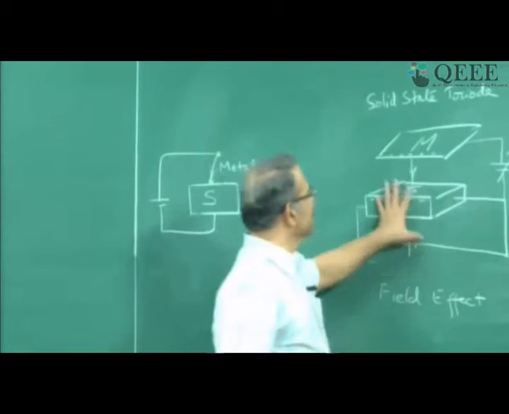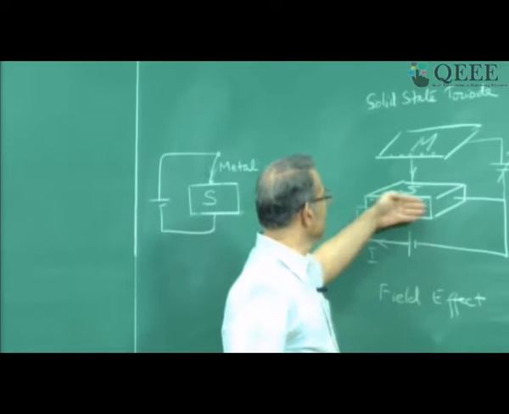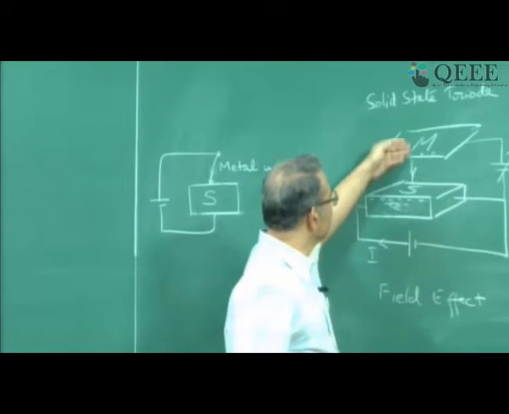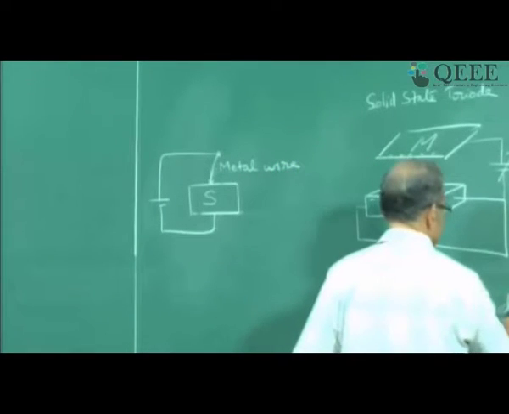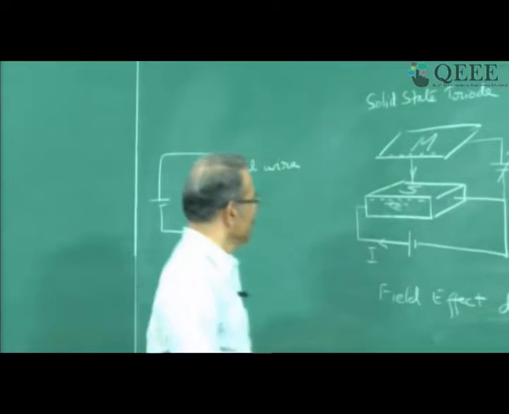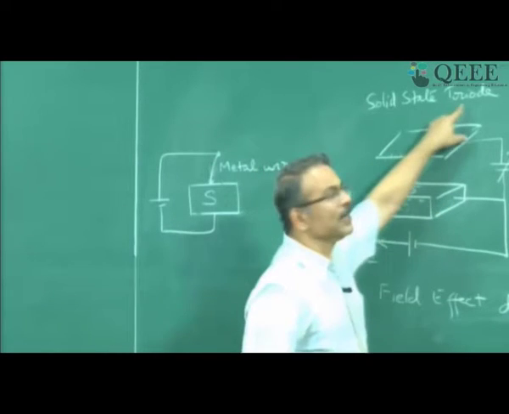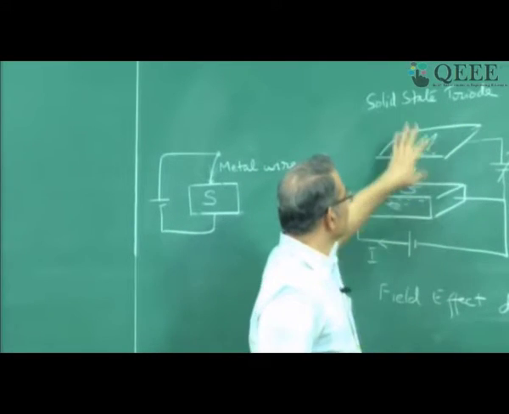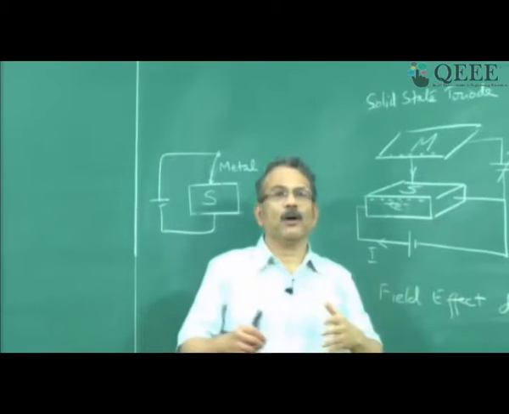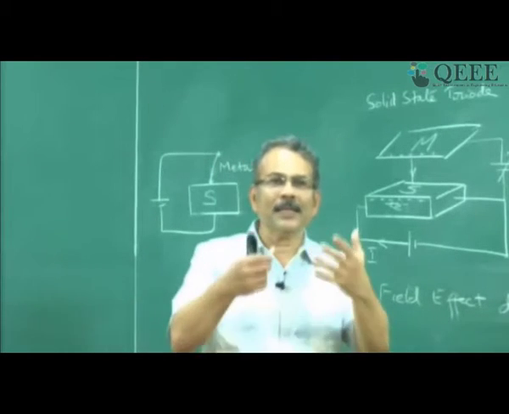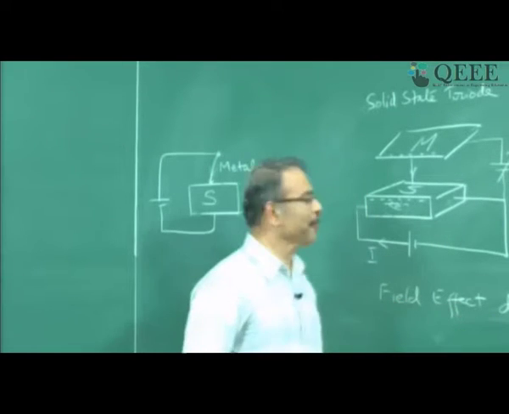But because of the way it functions, they said it is a field effect device. What is field effect? Control of a current in the horizontal direction by a vertical electric field. That is field effect. So in terms of the construction, it has 3 terminals, 1, 2 and 3. That is why it is called a triode. Because it involves current through a solid, it is called a solid state triode. But from the point of view of the phenomenon giving rise to the device operation, it is called a field effect device.